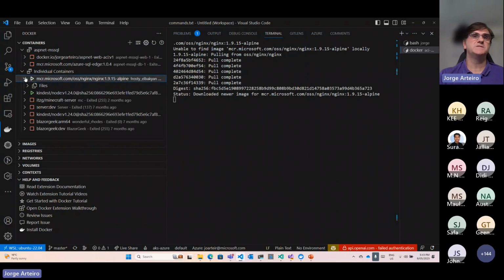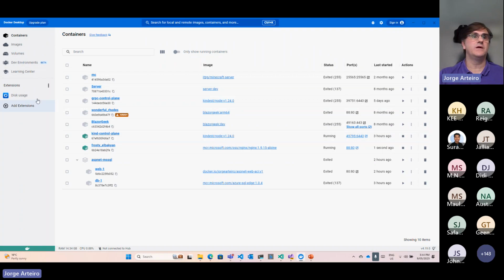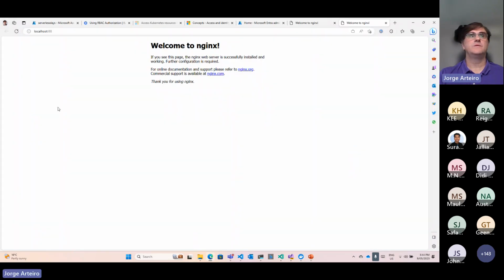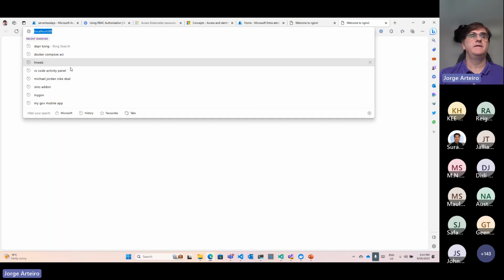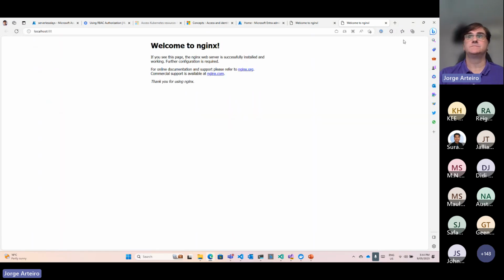That's the container that I just ran. It's just waiting inside the container for workloads. And the same you can see on Docker Desktop. The one that I just created was this Alpine one. Then you can click on this button, 8080, and there you go. Localhost port 8080, that's my application running locally.